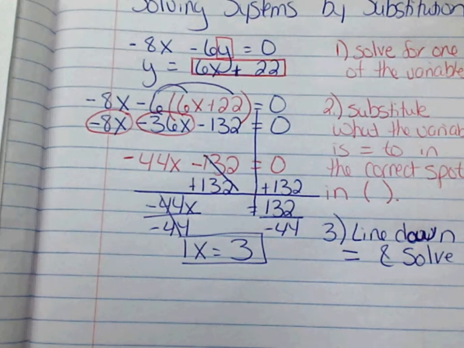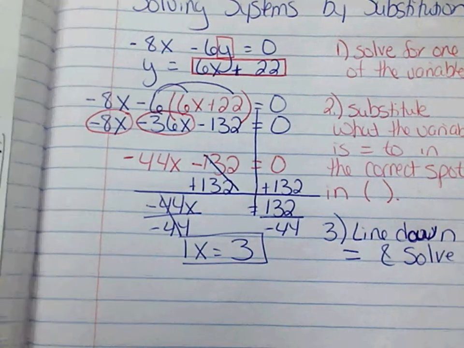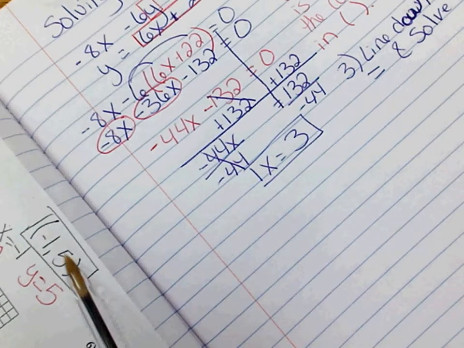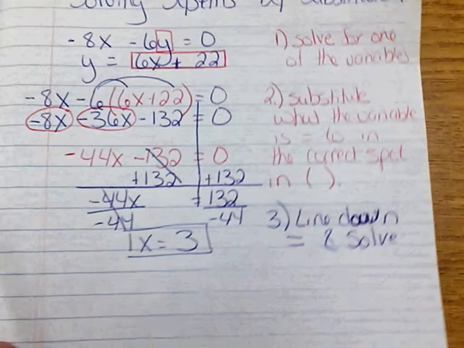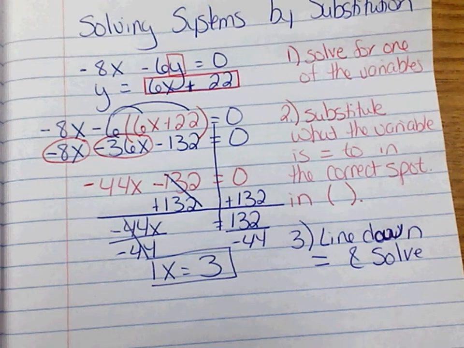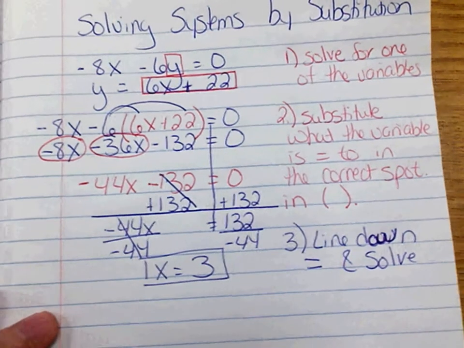Now, remember when we got a system, though, what did our answer look like? You remember, go back over here to graphing. You remember our answer looked like this. It was an x and a y as a coordinate point. We don't have that yet. We only have an x. So that is a problem, okay? So we need our next step to be